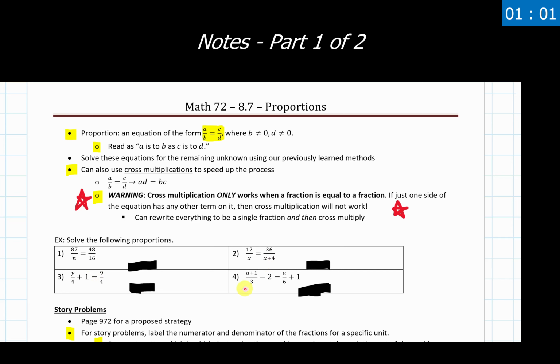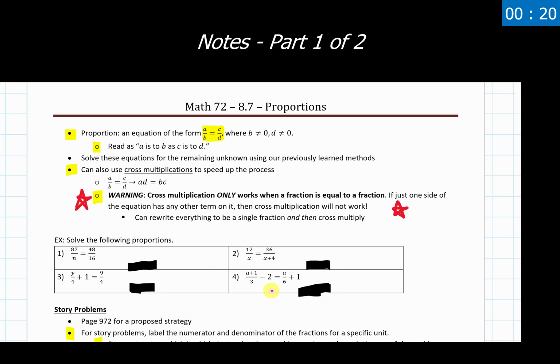Now with example 3 and example 4, I have a fraction and then something is adding or subtracting to this side, in this case adding. The other side is a fraction, but because I have this addition happening outside of a fraction, I cannot use cross multiplication right from the beginning here. We'd have to use a different strategy and figure out a different way to get to that answer. Similarly with number 4, we notice that both sides of the equation have a fraction, awesome, but then something is adding or subtracting to either side of the equation, which tells me that I cannot just jump to cross multiplication to get to the final answer here.